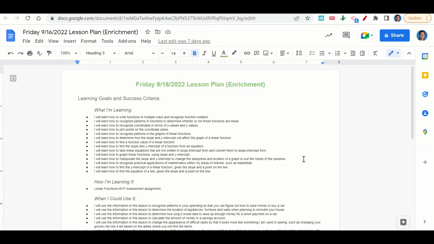Welcome everyone. Let's begin our lesson for today by going over our learning goals and success criteria. First, what are we learning? We're learning how to write functions in multiple ways and recognize function notation, recognize patterns in functions to determine whether